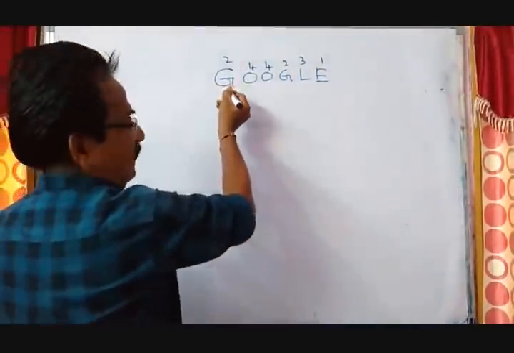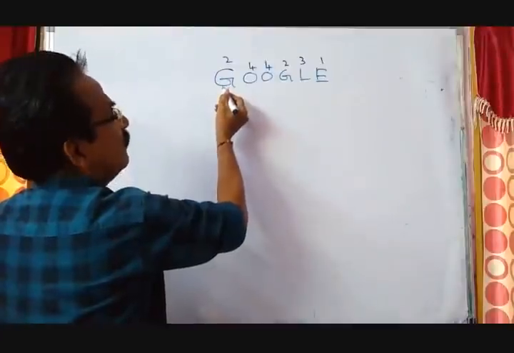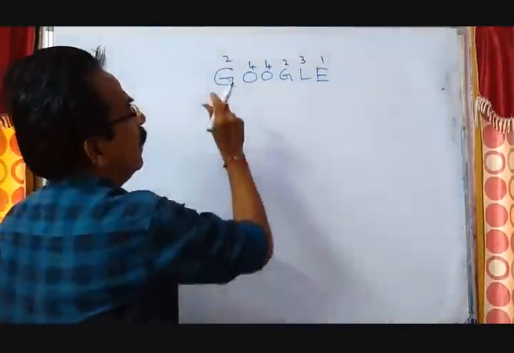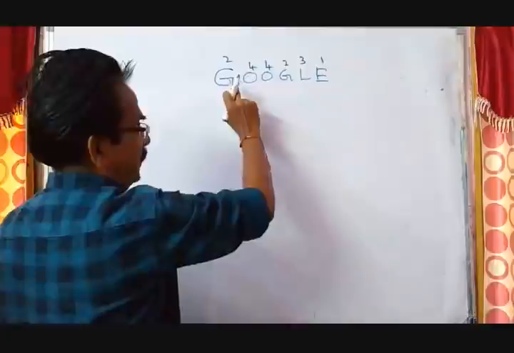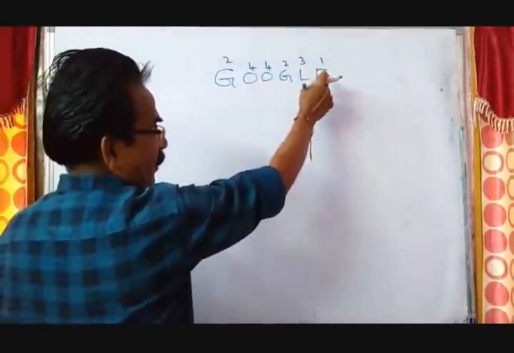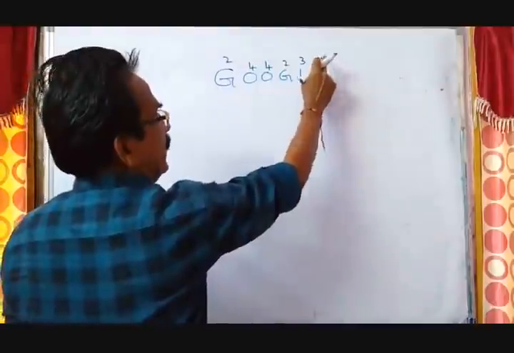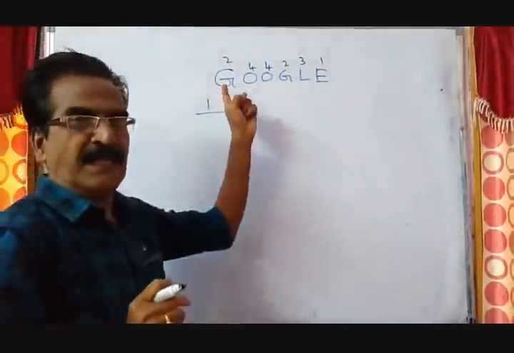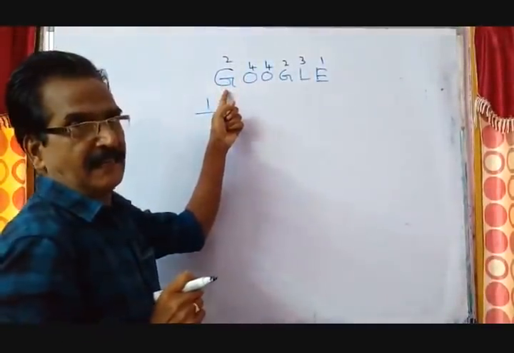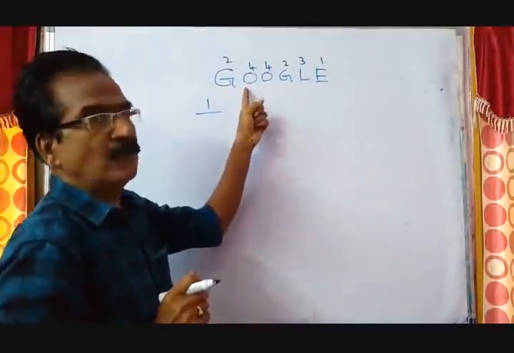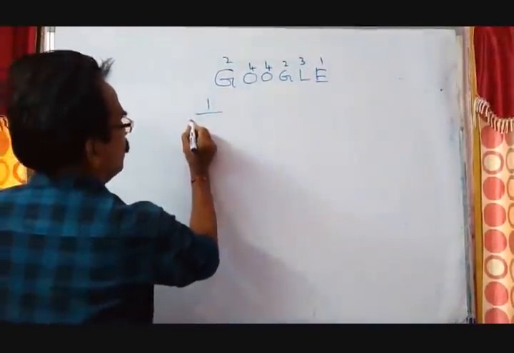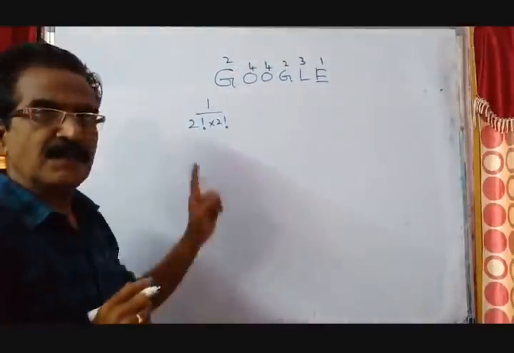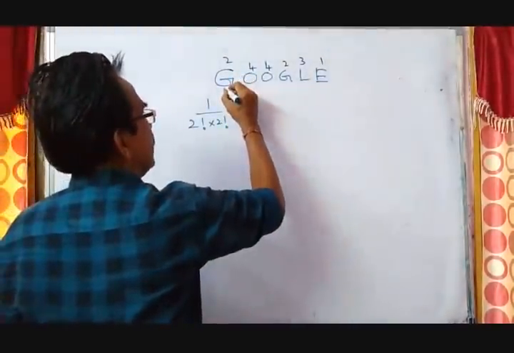Now, first let us consider G. What is the rank of the letter G? 2. How many letters are there which are lower than the rank of 2? There is only one. 1 by how many letters are repeated including this letter? 2 G's are there, 2 O's are there. So 2 factorial into 2 factorial. G is over. Now let us take O,